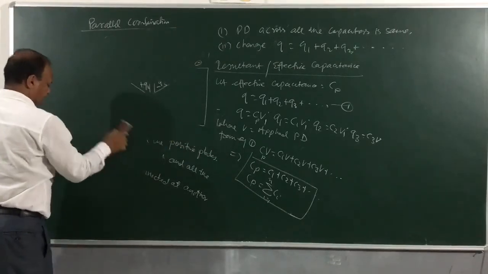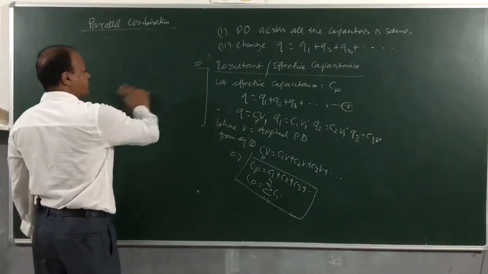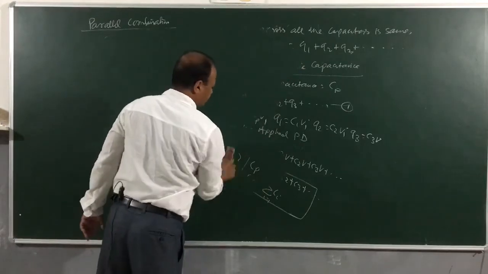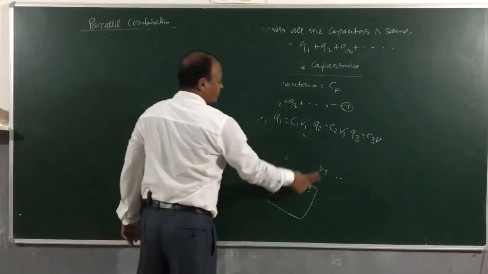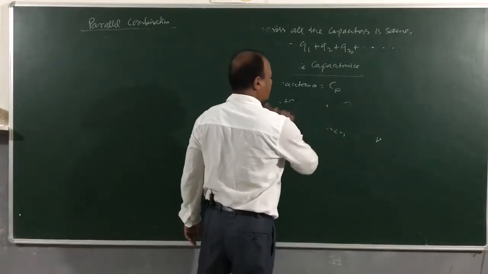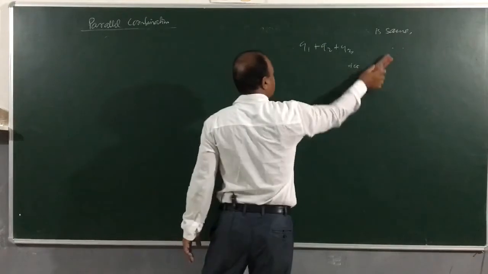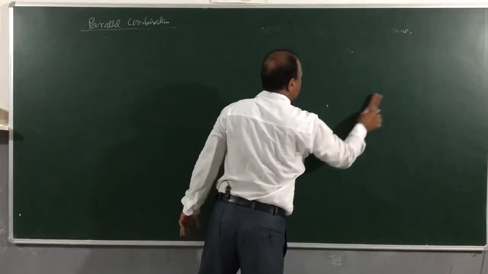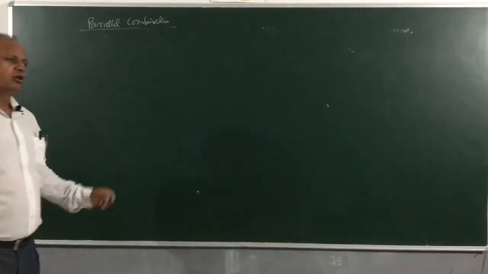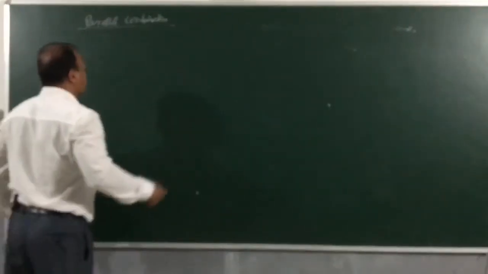Let us see one typical problem. When you are handling any numerical problems on these combinations, you need to first be able to differentiate whether the combination is series combination or parallel combination. And as I told you, for series combination, opposite terminals will be connected end to end, and for parallel combination, all similar terminals will be connected at one point. Okay, let us see a problem here.